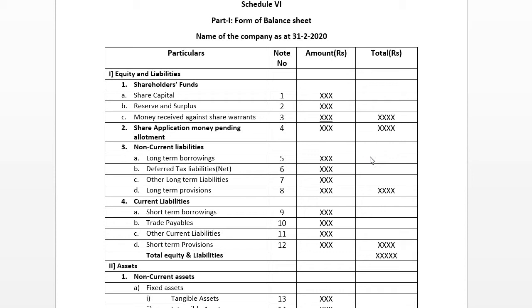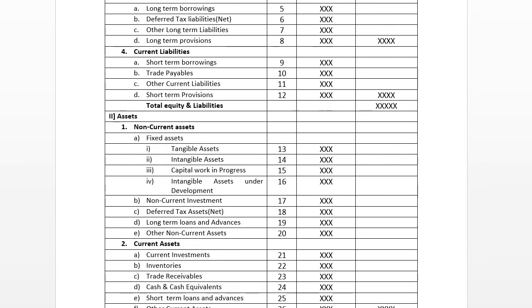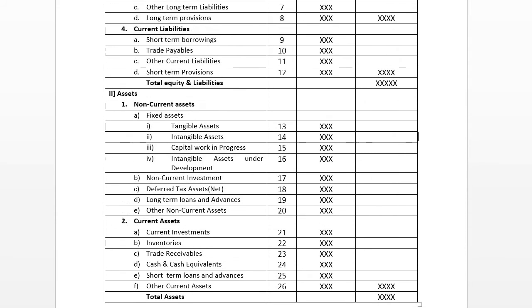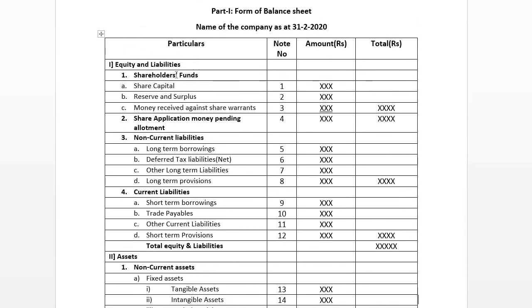As in the last class, we have already gone through what all the contents are involved in the balance sheet. There are numerous working notes available. Here we have the liability part of the balance sheet at one side. This is the vertical form of balance sheet. Then later here we are going to have another, that is the asset part of the balance sheet. This is the asset part of the balance sheet, right? For the time being, right now let us go ahead with the liability part, each note number of it.